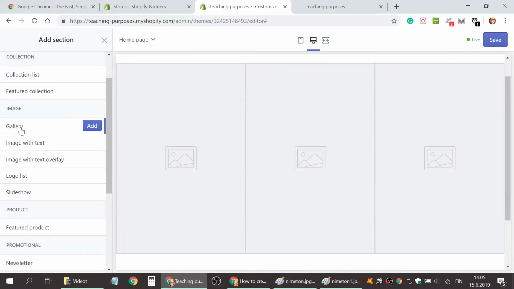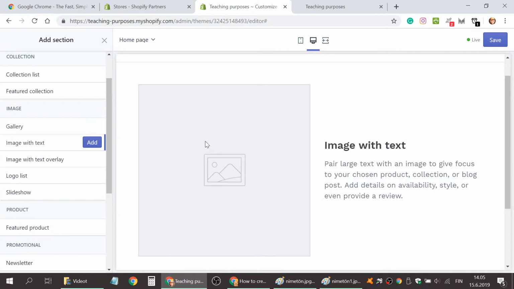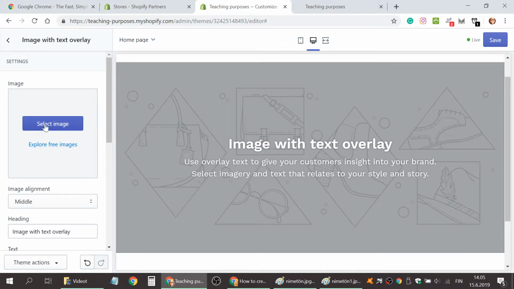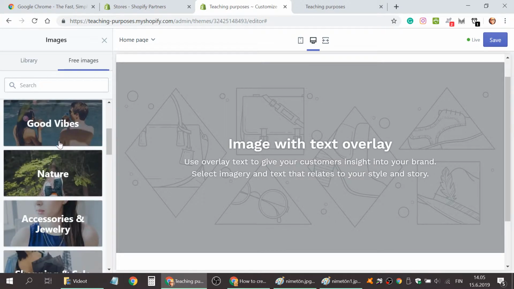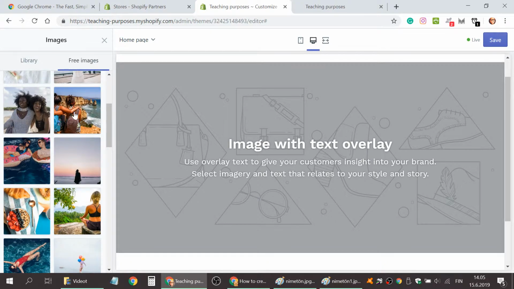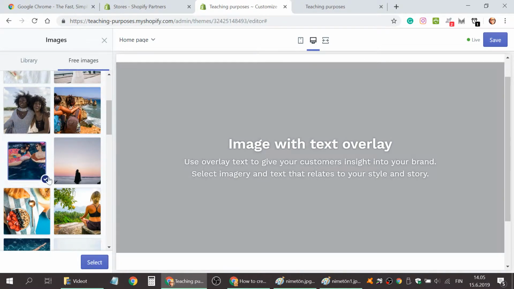So we just had this gallery, and if we want this image with page or image with text overlay. So image with text overlay is, I think, this first banner I had. We can try it. Let's add it. And if you have some images on your computer, you can use them, of course. For this example, I will take some free images from here, right? I take like this, and